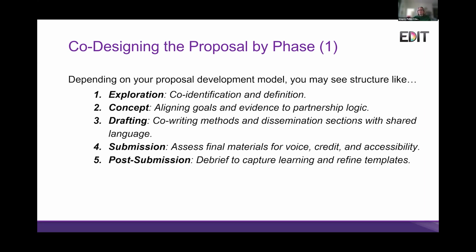Then drafting, this tends to be the hardest part, where you're usually co-writing the research proposal. And some people like sending out specific sections for people to write. Some people like shared documents. Can be whatever you want to do, but really having a way so that everyone can see the full proposal, not just parts of it, is great to ensure that you have a co-design process in mind. Also making sure that all the sections have shared language. A lot of times we get into the habit of using jargon and technical terminology, and I want to make sure that everyone understands what we're writing.